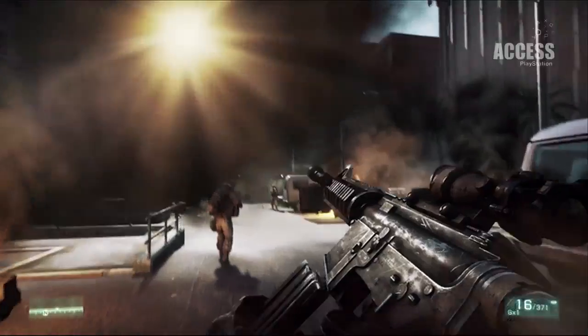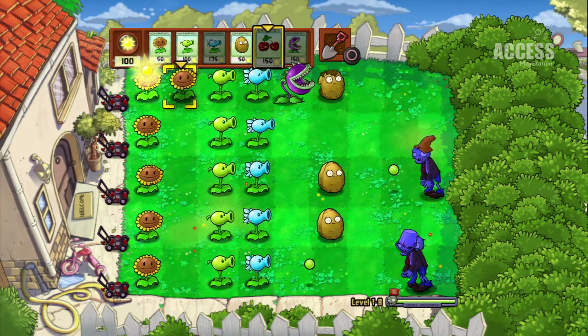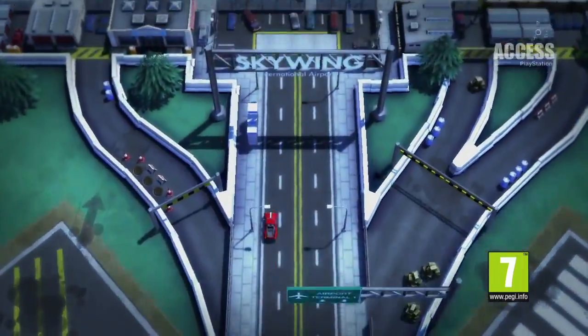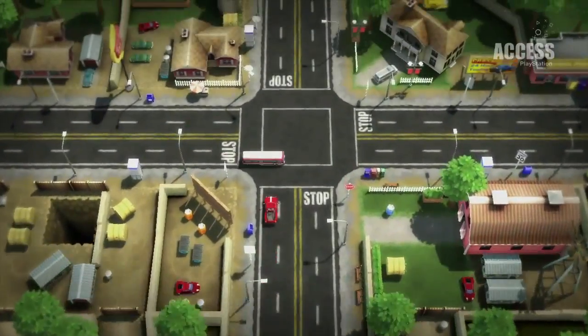Welcome to On The Store, the part of the show where we have a rummage through PSN's shiniest new content and check out the latest PlayStation Plus offers. Hovering menacingly above PSN this week is Criterion's top-down traffic smasher Burnout Crash. That's an interesting name, isn't it? I wonder how they came up with...